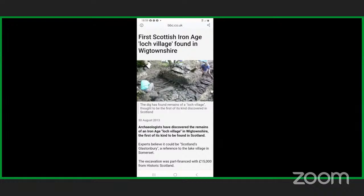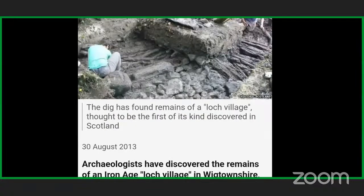So this press report is from 2013. What you can clearly see there in the middle is actually a hearth, right? They've got buildings that are constructed in a bog, which they put a platform on, which then supports a stone fireplace hearth in the middle. And over time, the stone hearth is added to as it sinks in the mud below. And this site can be classed as a crannog,